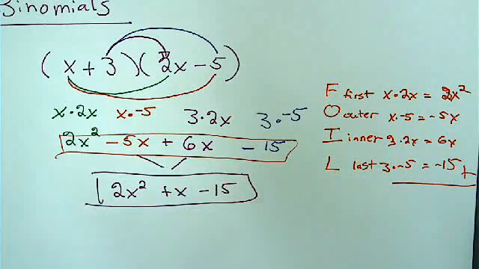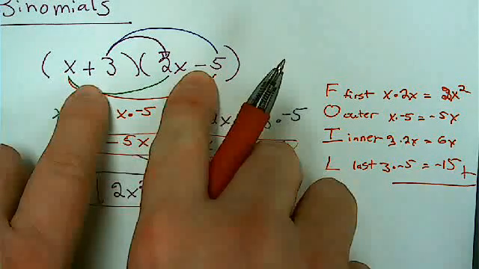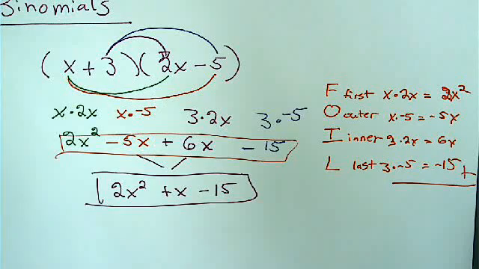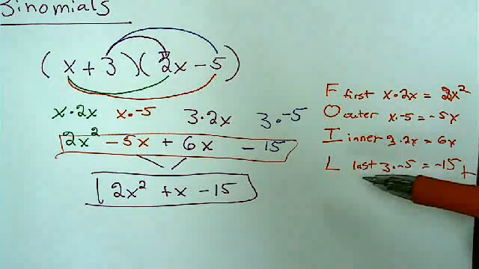So this idea of FOIL is an acronym to help organize the 4 parts that you get when you multiply 2 binomials together. But again, it only works when you're doing binomial by binomial. If we add a polynomial in here, so 3 or more terms, the whole system breaks down. Which is why I don't like using it, but I kind of feel obligated to mention it to you